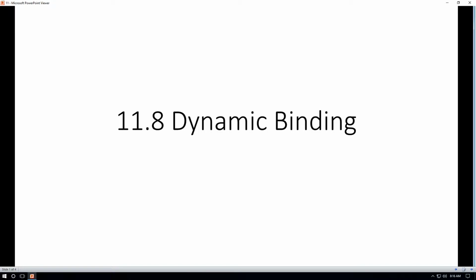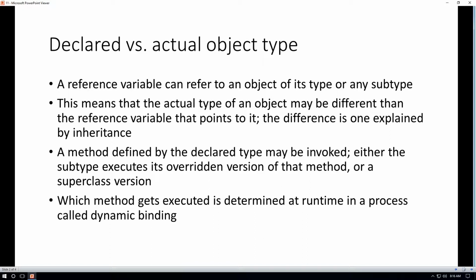In this session, we're going to discuss dynamic binding. A reference variable can refer to an object of its own type, as is obvious. If we have a string, then the reference variable to it will say type string and refer to a string somewhere off in memory. But with inheritance, we can also have a reference variable referring to a subtype of its